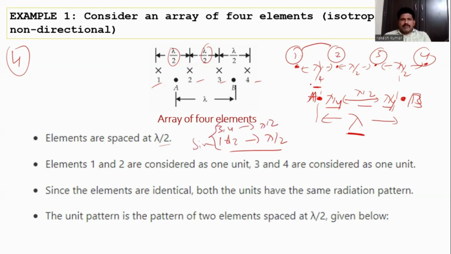Now I am considering 1 and 2 as point A, and I am considering 3 and 4 as point B. So A and B are separated by a distance of lambda. Here two things you want to remember. 1 and 2, and 3 and 4, are separated by a distance of lambda by 2. A and B are separated by a distance of lambda. If we multiply the radiation pattern of two elements separated by lambda by 2 and two elements separated by lambda, which gives the pattern multiplication,